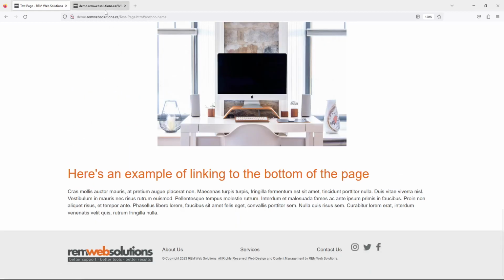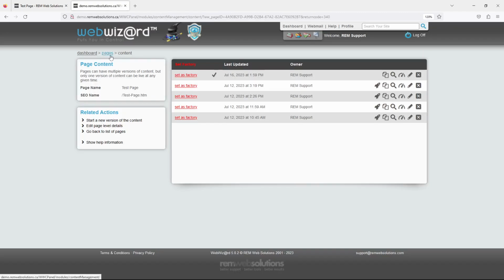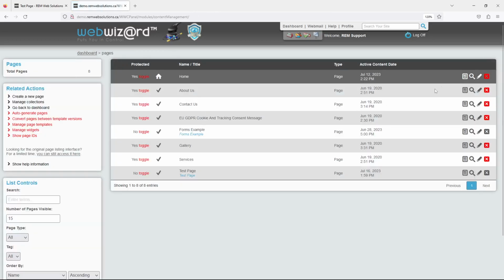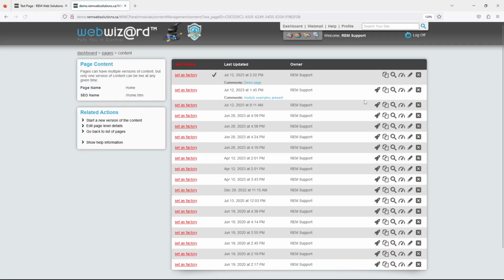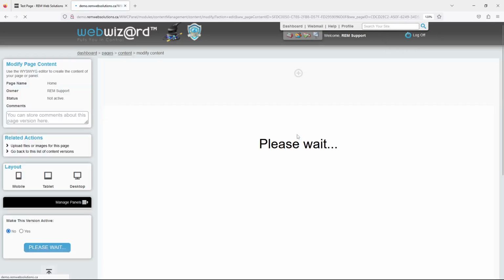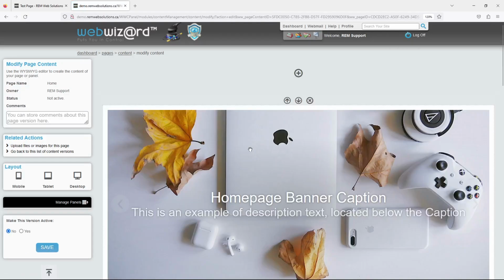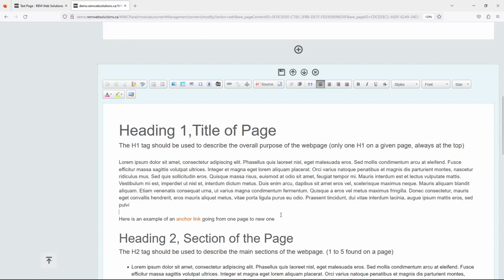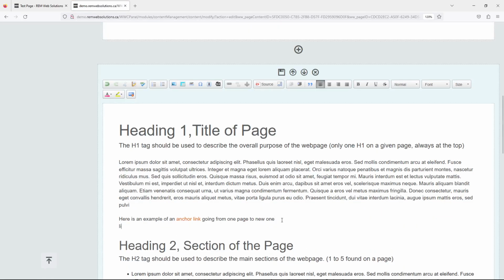As you can see. If I wanted to create an anchor that takes me from one page to a new page, you would do a similar process. So if I go to Pages, I'm going to manage content for this page on home, and I'm going to clone the version I want to make the link on, hit the pencil, scroll down. I'm going to add my link. I will do the same process, so I'm going to highlight the word I want to link,